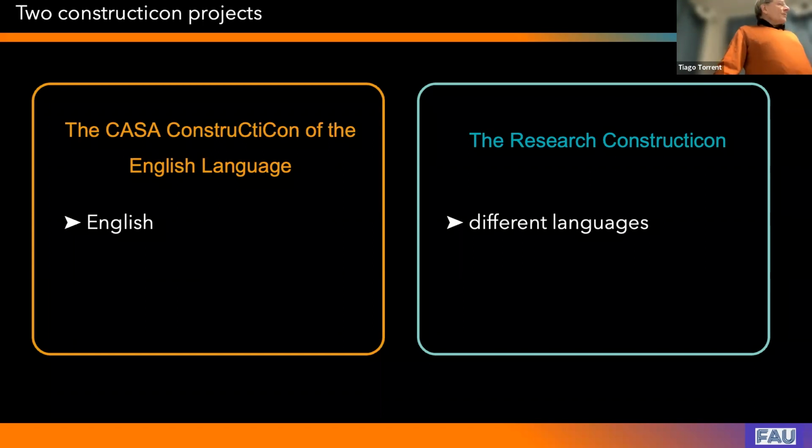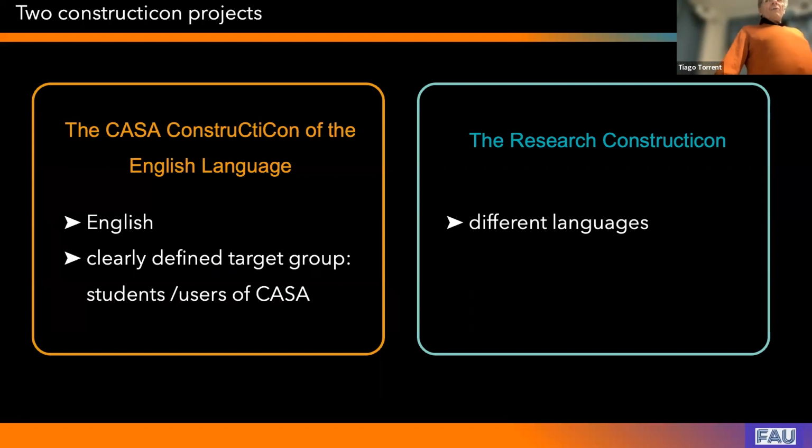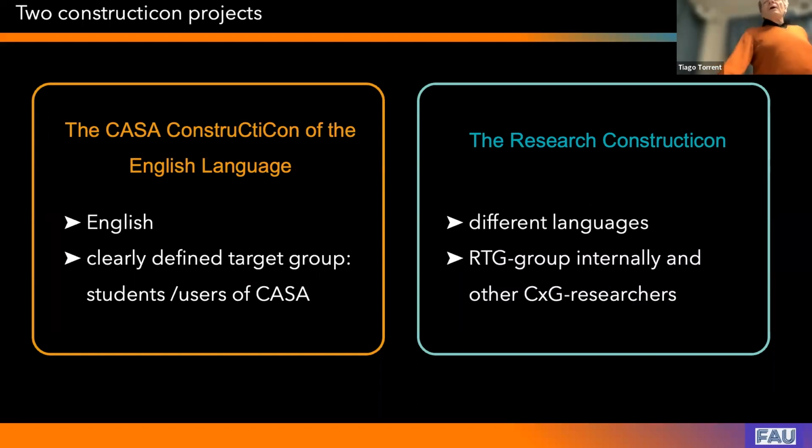The CASA Constructicon at the moment just focuses on English. The research Constructicon will bring together the research results from the different projects. Also in CASA, we've got a clearly defined target group, and that is students of English linguistics, who buy the book, which we hope will be published by Benjamins, and they will have to learn the CASA model, and the idea is that they can check the constructions they apply to the analysis of constructs through the Constructicon,